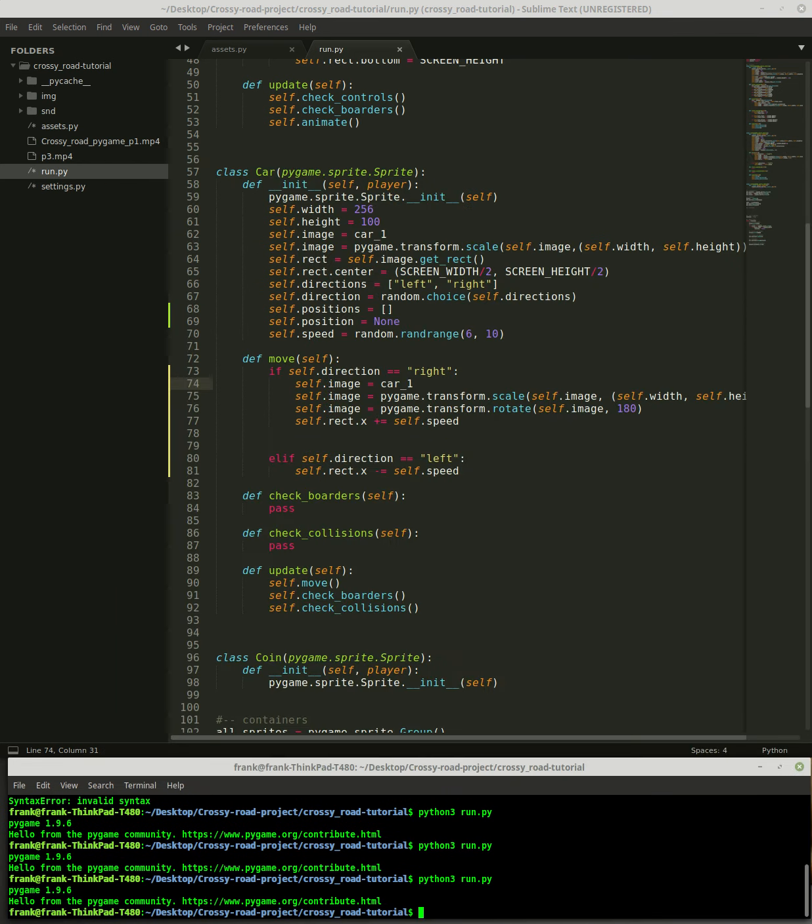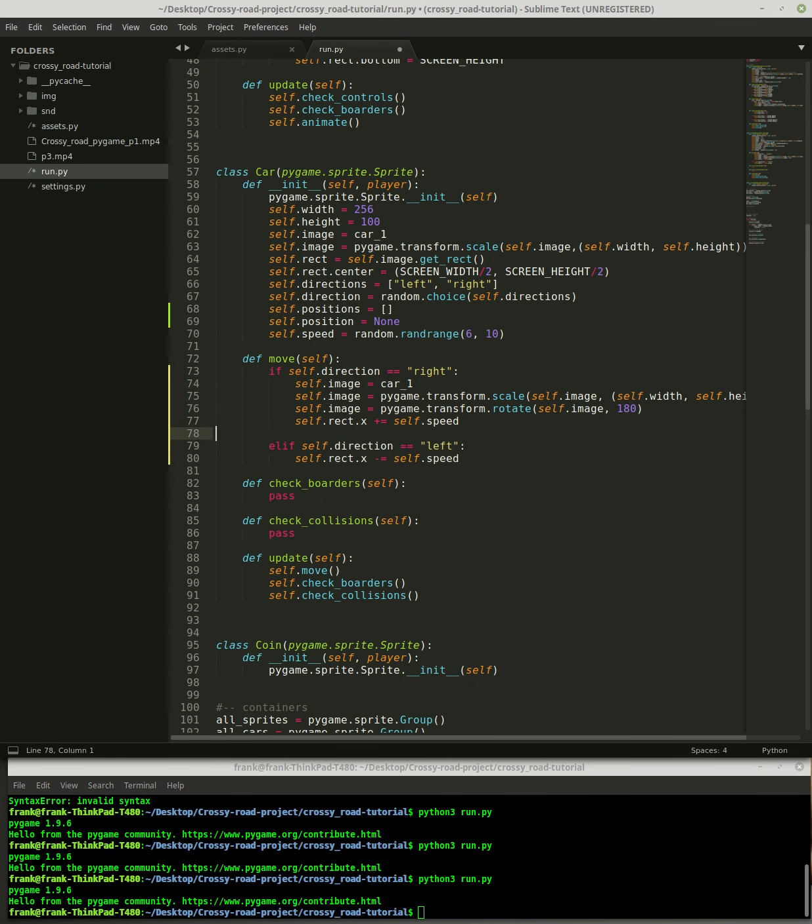Now it's better. And for the movement, the check borders, I don't know what we will do for border checking. But when the car goes out of the screen from the right side, I'm thinking we need to change the car with random speed and random time, maybe appear in a different line or reappear in the same line but at a different time. But for now, to just find out if everything is okay, we can say,